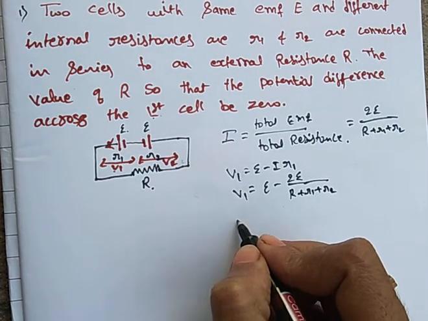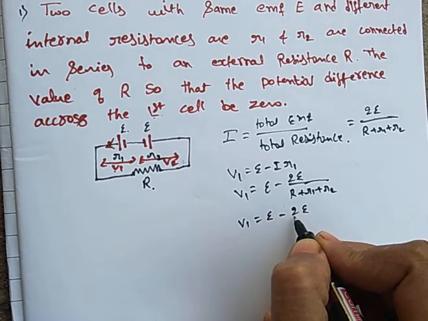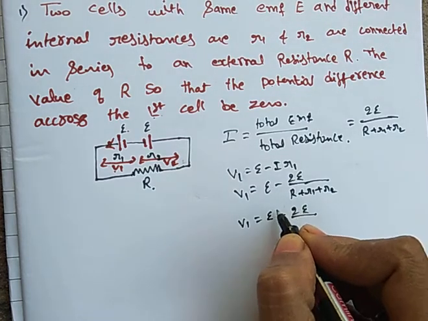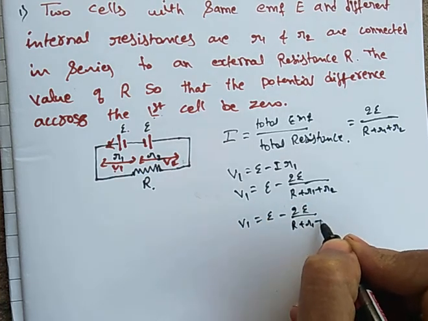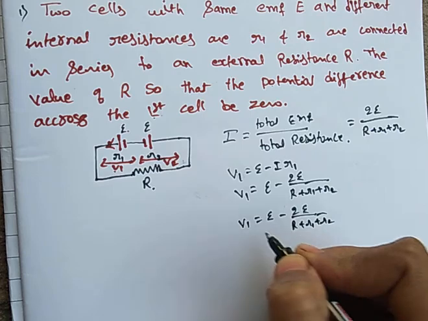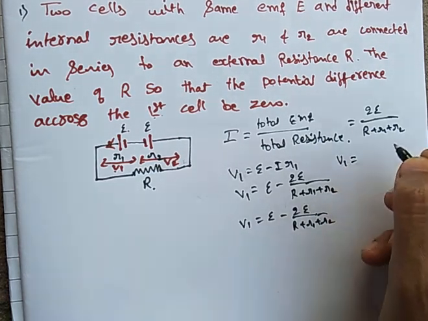So V1 equals epsilon minus 2 epsilon divided by R plus R1 plus R2. Cross multiplying, you get V1 equals